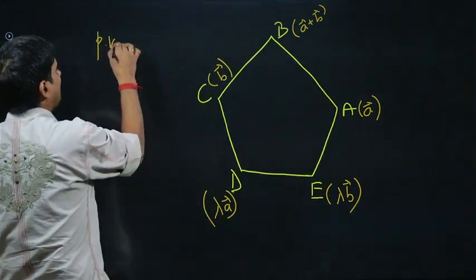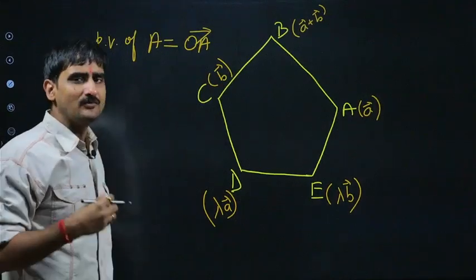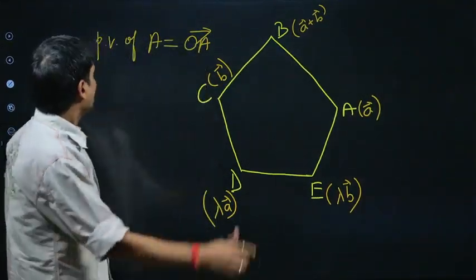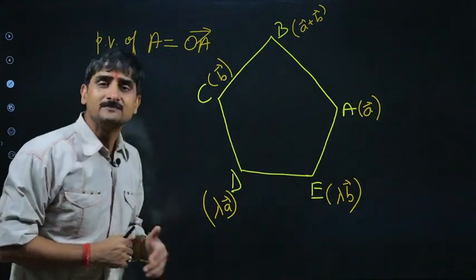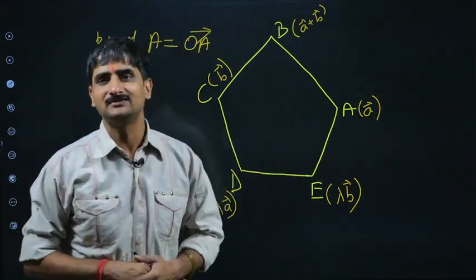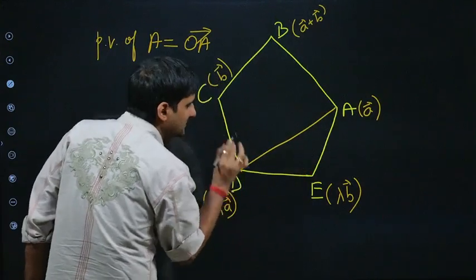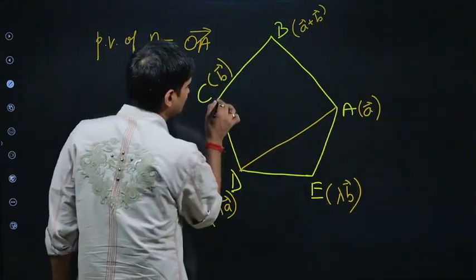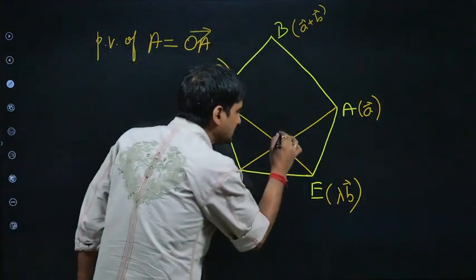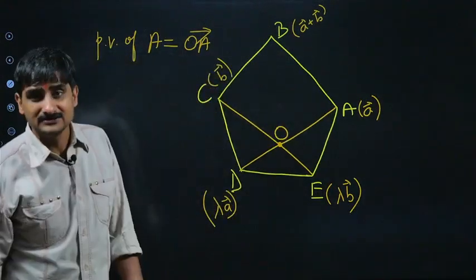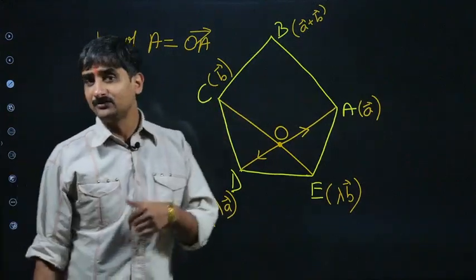Now what is the position vector of a point? The position vector of any point A is nothing but its position with respect to the origin, from the origin towards that point. So the position vector of A is OA, vector a, and the position vector of D is OD, which is again some scalar times vector a. Now I thought, let's join AD because we need the point of intersection of AD and EC. So I said that this is going to be our origin. Why so? Because then only OA and OD have to be collinear.